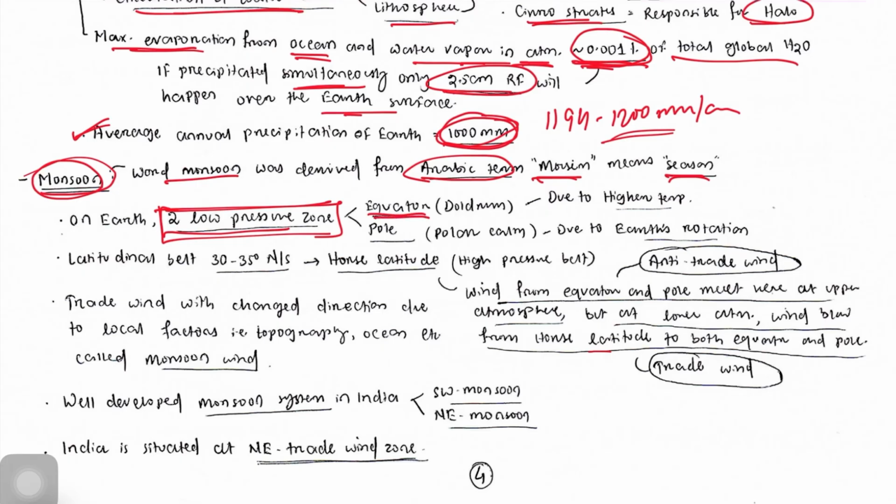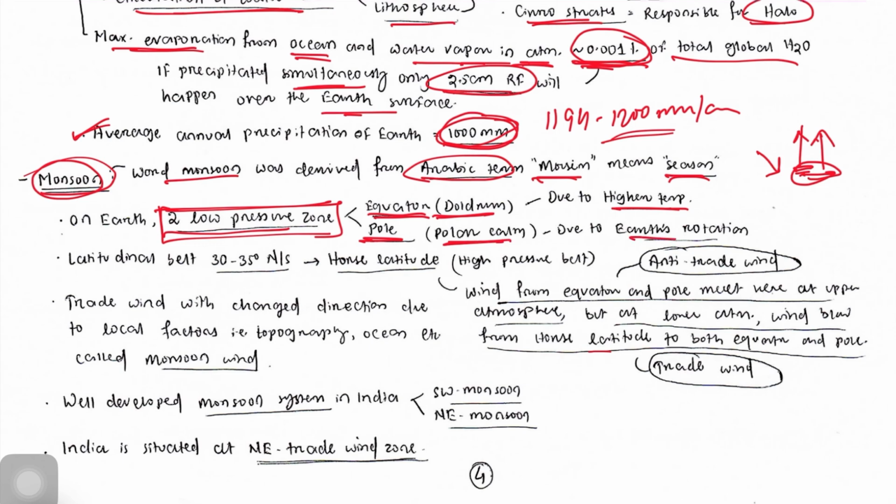One is the equator, that is the doldrum. Why is there a low pressure belt? Due to higher temperature, direct impact of solar radiation. So how does temperature affect the precipitation? When there is high temperature, the gases become lighter and move upward, so there becomes low pressure. Now at the pole there is also low pressure, known as polar